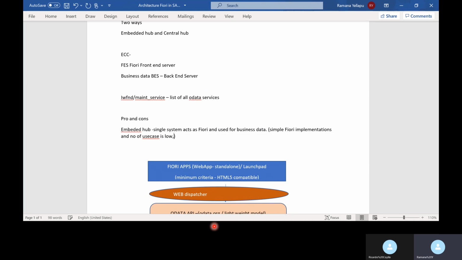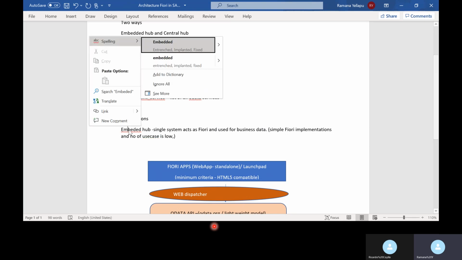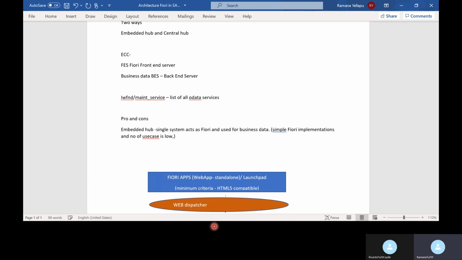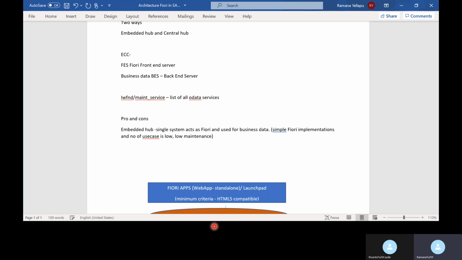Then you generally tend not to invest very heavily in a central hub approach where you have a dedicated FES. If your use cases are very limited, you can simply opt for an embedded hub, where the same system can be used for both. Another advantage is low maintenance, as you have a single system to manage. Now, in the case of central hub,